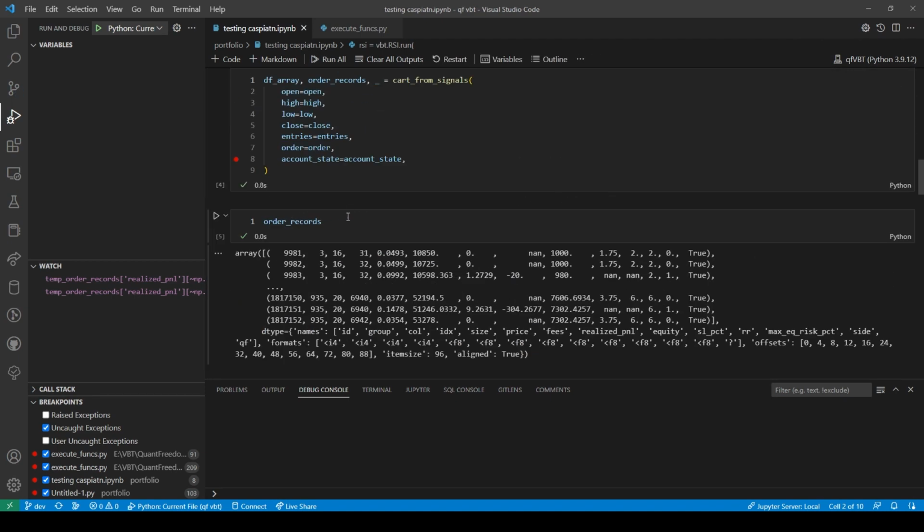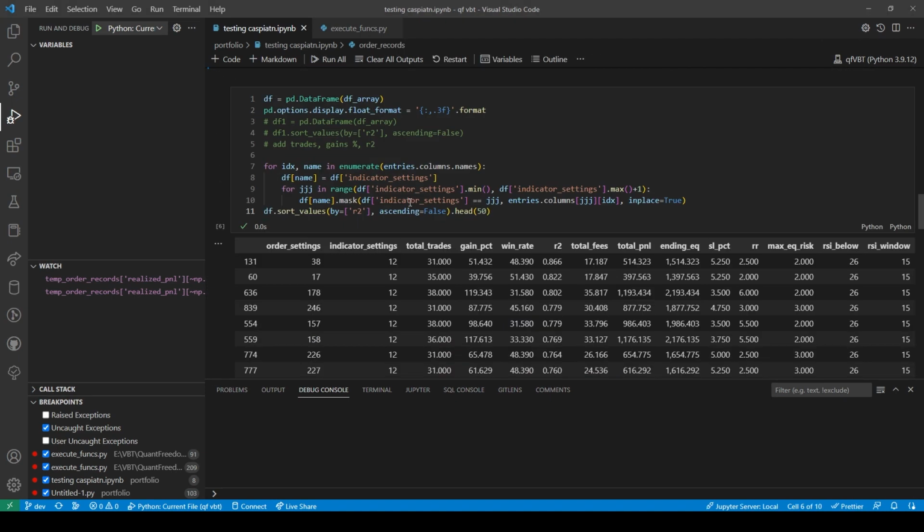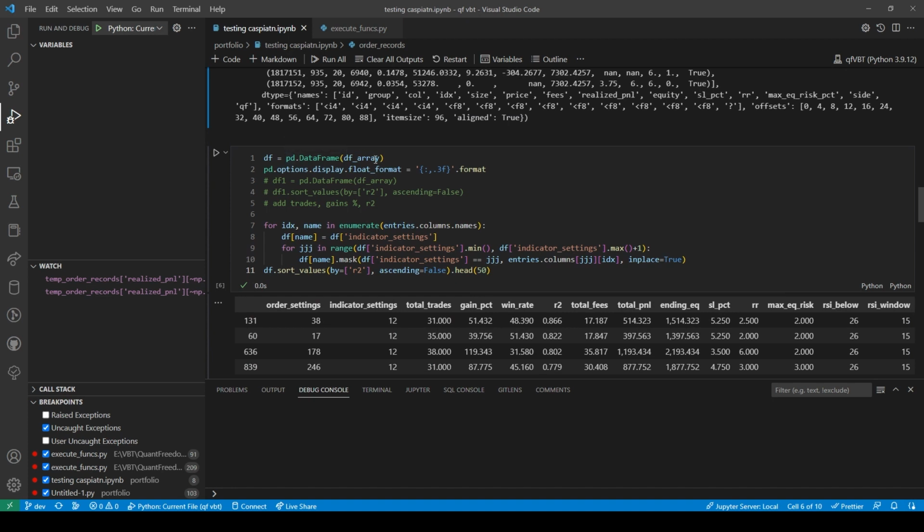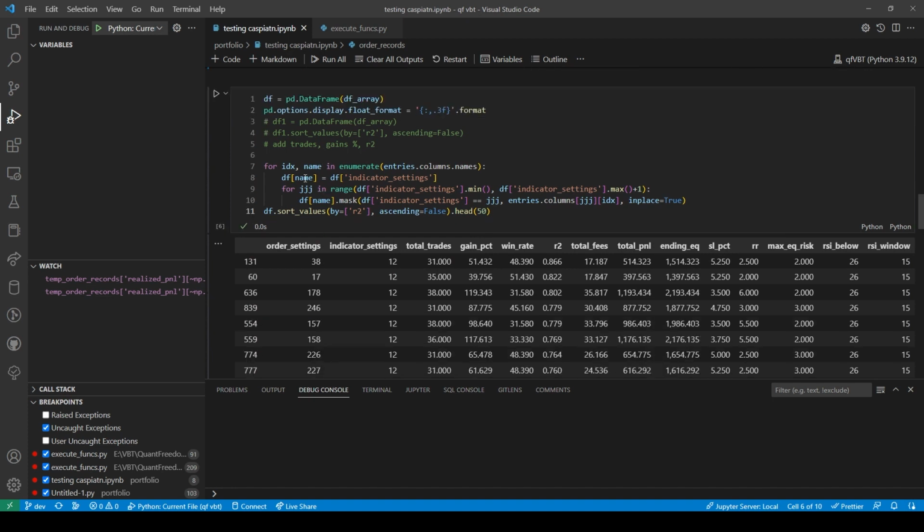So here we have the order records. And here I've created the data frame. And so we have enumerate column entries.columns.names. So here we are getting the index of the names, and we're also getting the name itself. So here we're creating a new column in the data frame with the name, which would be RSI below. And then we are doing for JJJ in the range of whatever the minimum value of this is to the